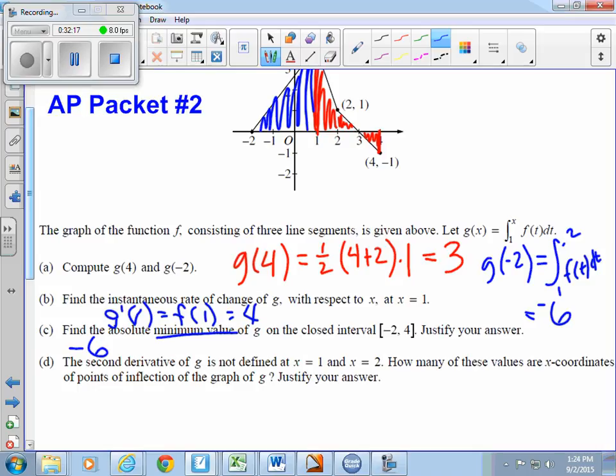For -2 and 4, we're going to put this red and blue work down as our answer. You don't have to copy the work, just copy g of 4 equals 3, g of -2 equals -6. You'd already done the work in the previous problem part. And then you would say x equals 3 is a relative maximum. Just to let the reader know you checked 3. You can find the area, but